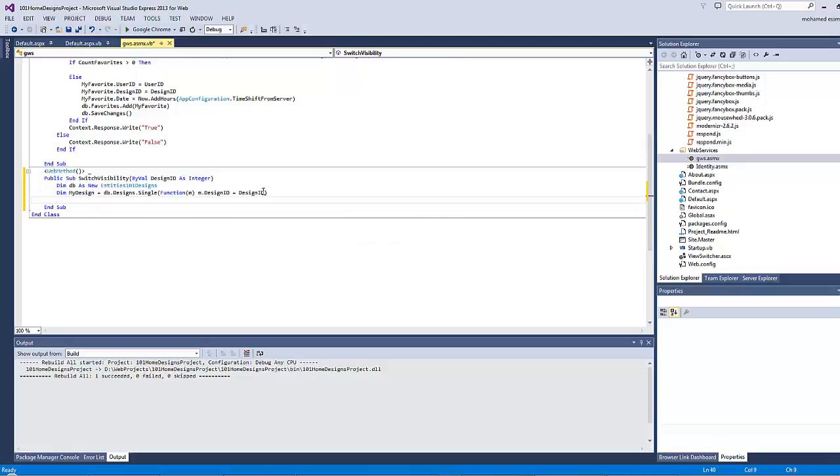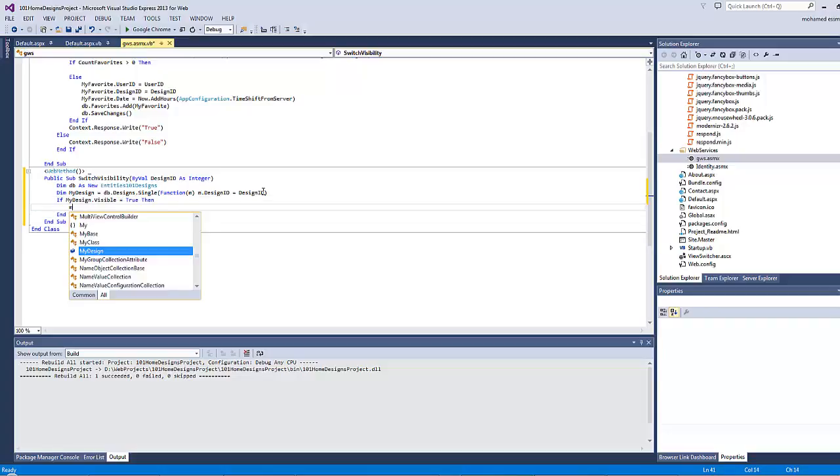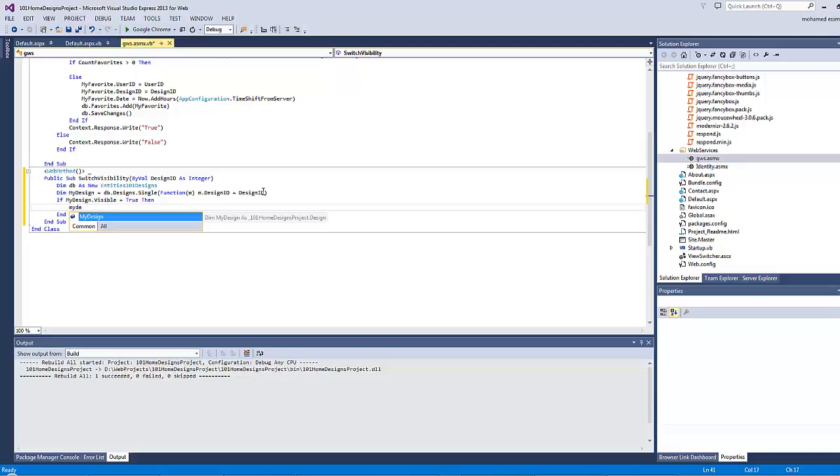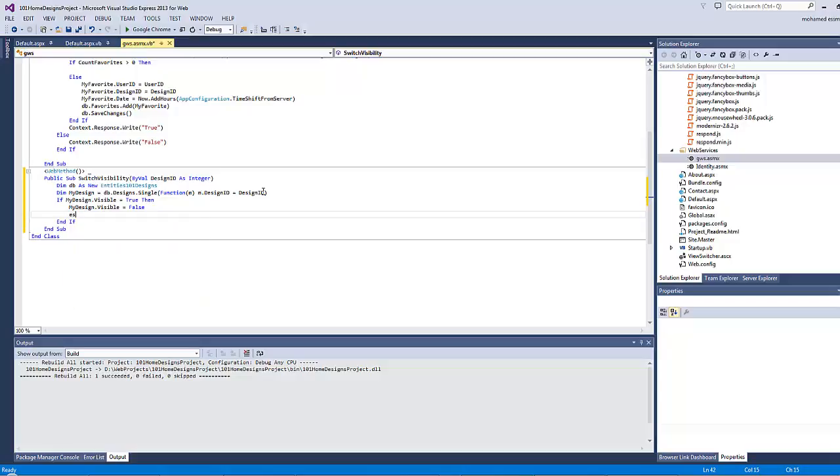Now simply I will type here If myDesign.Visible = True Then myDesign.Visible will be equal to False, Else